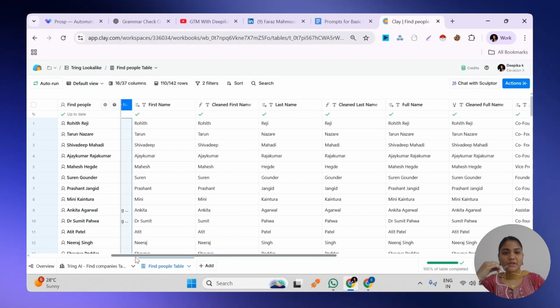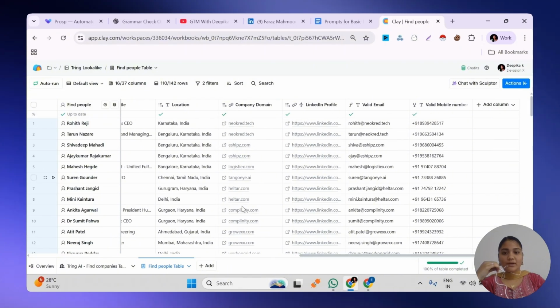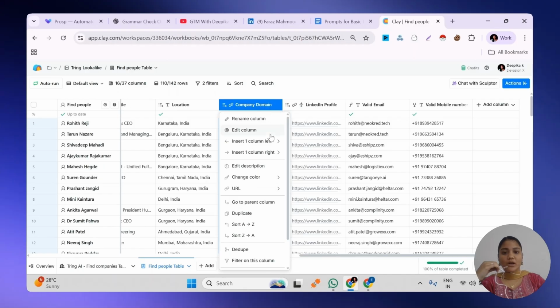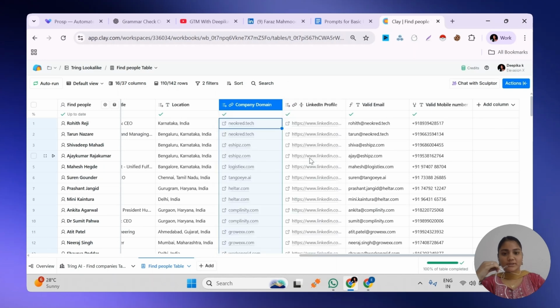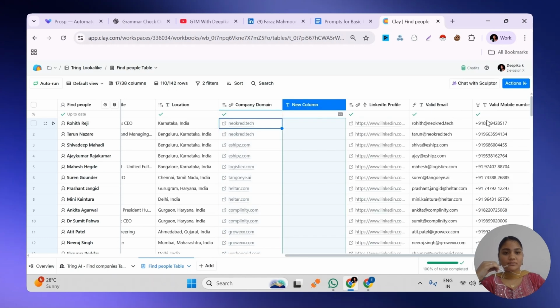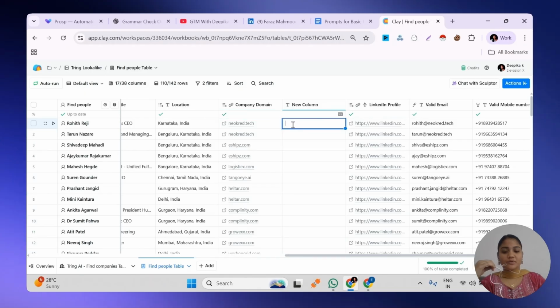Next, we have to clean the website. I already have a cleaned website here, but I'm showing you an example of how we do that. I'm creating a new text column and putting the website here.